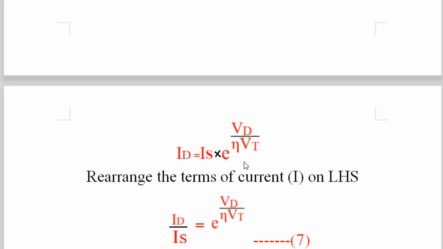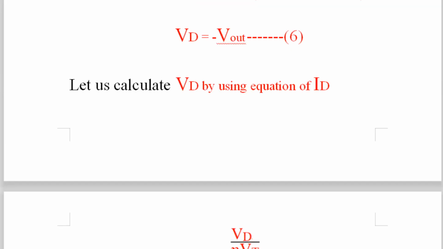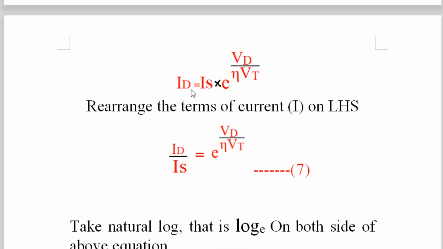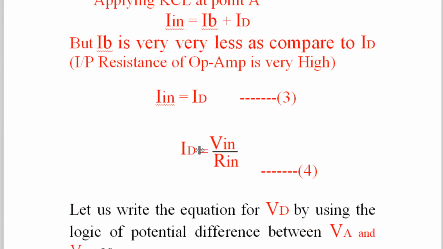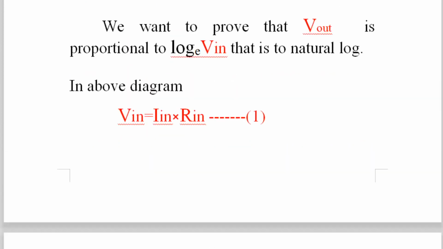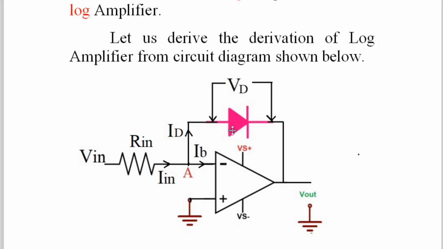This is the real equation of current flowing through the PN junction diode, which represents that the current is exponential in nature. So here, this equation we are using to calculate the VD, because we want to proceed for the output voltage V out. V out is equal to minus VD, or VD is equal to minus V out. So how to calculate VD? We can calculate the VD by using this equation. So it's to be remembered. Don't get confused here, because we got ID by this also, but this is the ID in this circuit diagram, the current flowing through the diode in this circuit diagram.